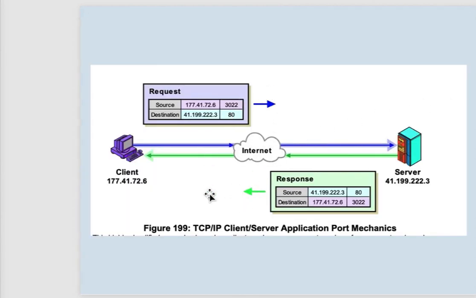So now we're looking pretty good. We've got something that kind of looks like this. We've got a request that goes out from the source IP address and a local ephemeral TCP port number assigned to our conversation, to the destination IP address and port number assigned to the service we're looking for. And when the packet comes back, it's going to be reversed, and it's going to have as the source that server's IP address and its TCP port, and the destination will be our IP address and our local port number for that conversation. So that information will end up being passed to the correct process on our local computer.